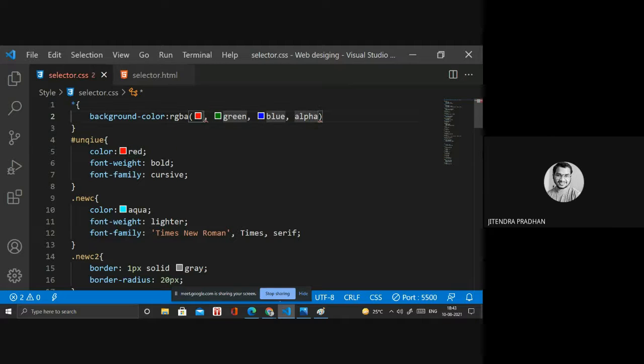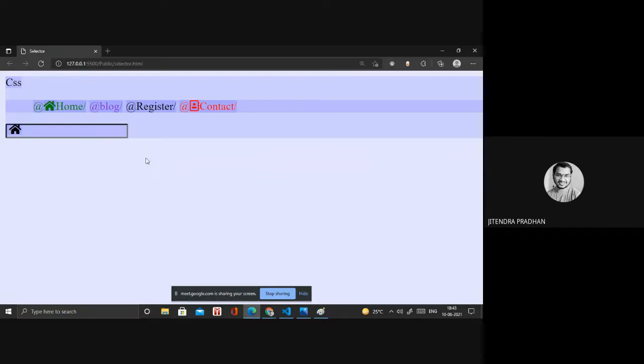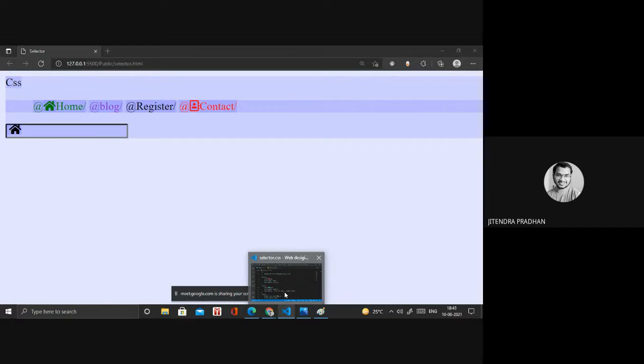If I give 0, 0, 255, and the alpha I write 0.1 or something, you can see the color changing, and it will have a little transparency. It will help you in the transparency form.